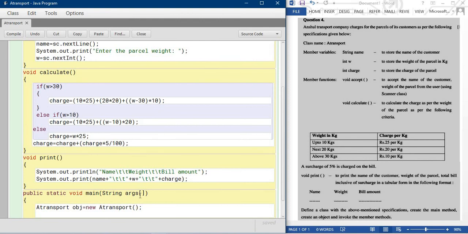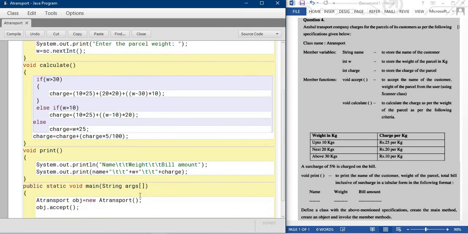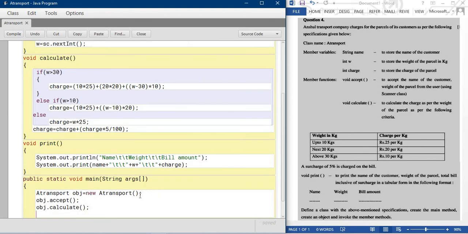So obj.accept. Next obj.calculate. Obj.print. All methods are called from main.